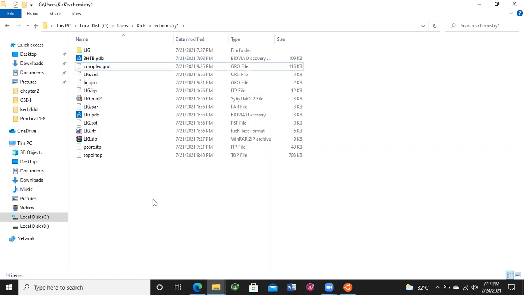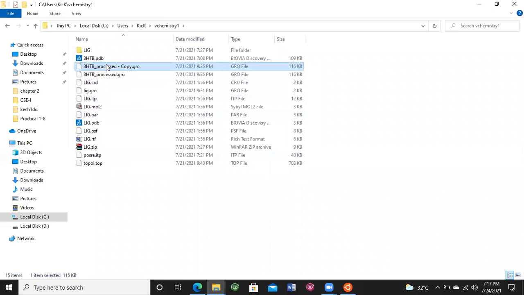Just rename it. You may also create a backup file. Just make a copy of this file and again rename it. Now rename it complex.gro.